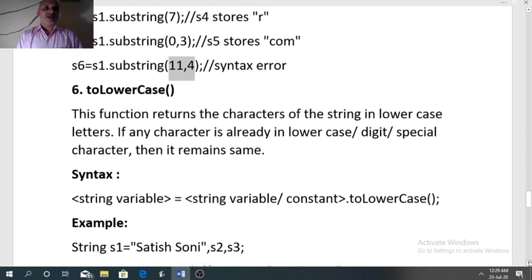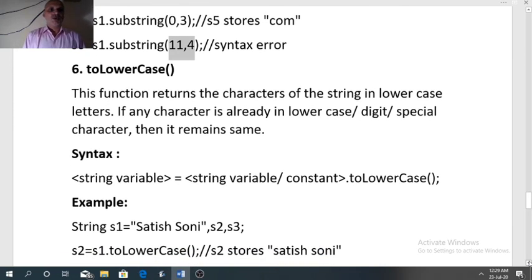Now two functions are left, toLowerCase and toUpperCase. Both the functions are similar. toLowerCase, as the name itself suggests, will change the characters of the string to lowercase. Only an uppercase letter can be changed to lowercase.